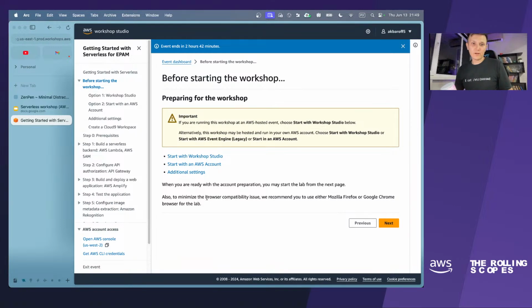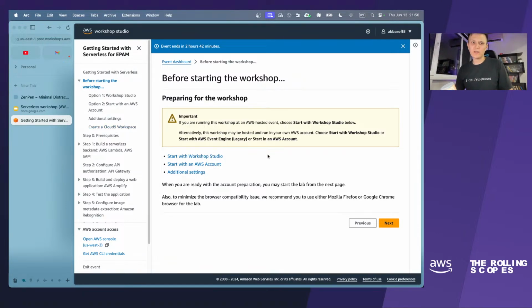Before starting, the preparation step is necessary if you are doing the workshop on your own in your account. But in our case, we are doing the workshop in AWS provided accounts, and all the steps we would do within the preparation step are done for us, so we can skip this part.